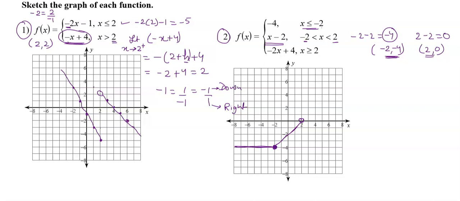For the third equation, we just put x equal to 2 into the equation to check our y values. So when we put x equal to 2, we get -4 plus 4, which is 0. So basically the respective point is 2 comma 0, and here in this function x value actually touches 2, right? So 2 comma 0 will be this point, and because it is here, we'll color this because this point is defined by the third function. That is why we have made it a dark circle.